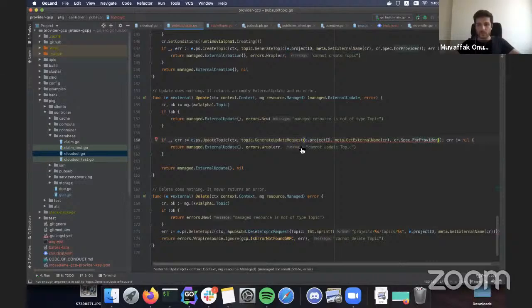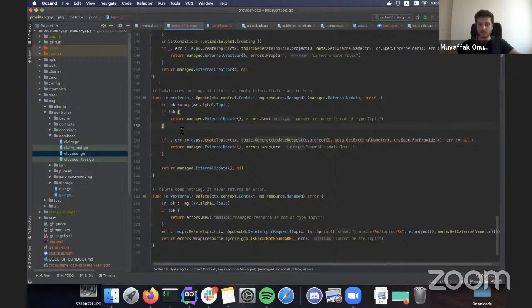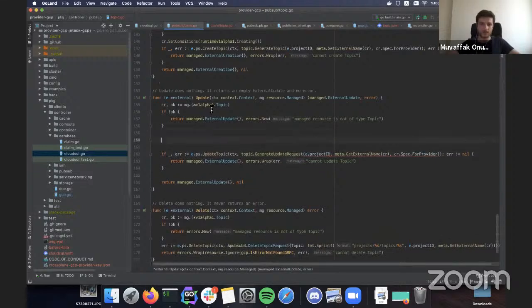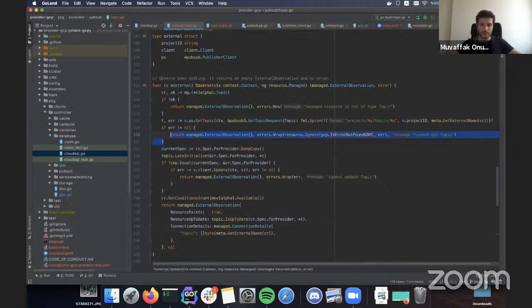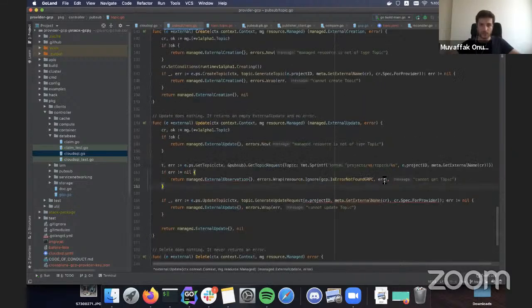Oh, okay. So we need an observation here. So we will make a get call as well. I will just copy it from here. But now we do not ignore the not found error, because if we're here in update and the resource is not found, then that's definitely an error. Cool.